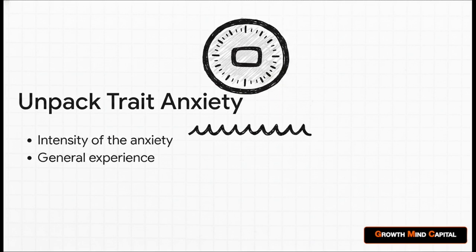According to the text, trait anxiety really boils down to those two factors. First, the intensity. When you feel that baseline hum, is it vibrating at, say, a manageable level 2, or is it blaring at a super distracting level 7? Second, what we generally experience, meaning the frequency. Again, this isn't about the worst day of your life. It's about your typical run-of-the-mill Tuesday afternoon. Your personal trait anxiety is simply how strong that feeling is, multiplied by how often it's just hanging around.